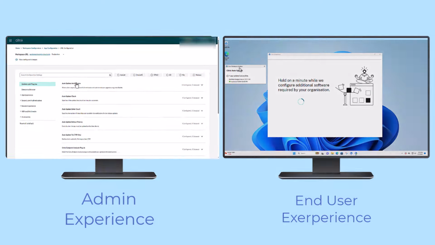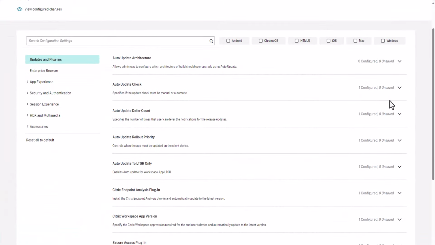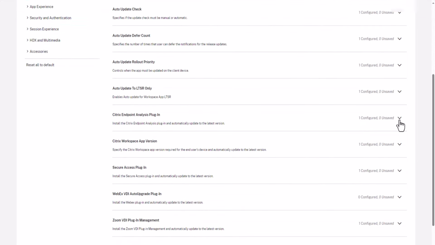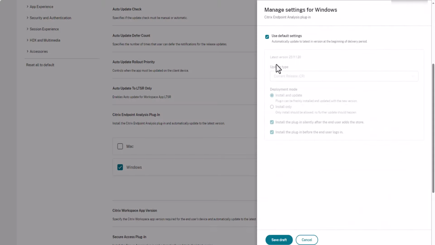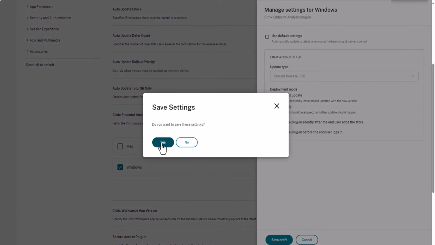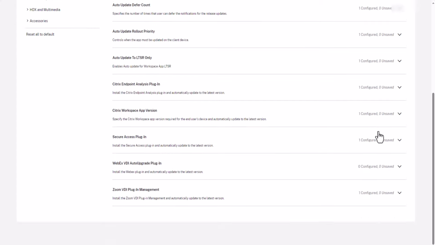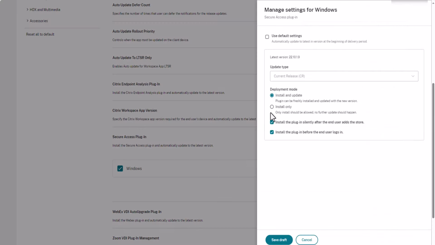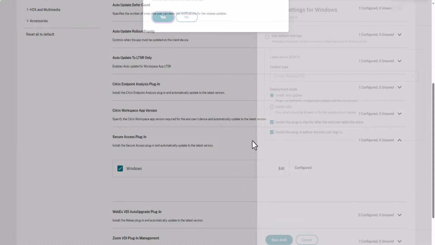Managing plugins and agents on managed and BYO devices needs to be simple. The Citrix Workspace app and the Citrix Global App Configuration Service offer plugin management to simplify this process. Administrators can use the Global App Configuration Service feature to manage and specify both the Citrix-owned and third-party agents required